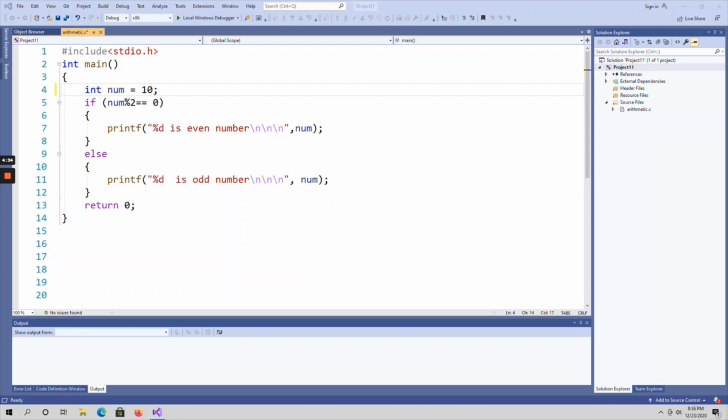If you divide any number by 2, if the remainder is 0, it is an even number, otherwise it is an odd number. So here I am using the modulo operation because I have to consider the remainder value. Okay, so here num is 10 because num is initialized with 10, so 10 modulo 2. Okay, the remainder is 0, right?